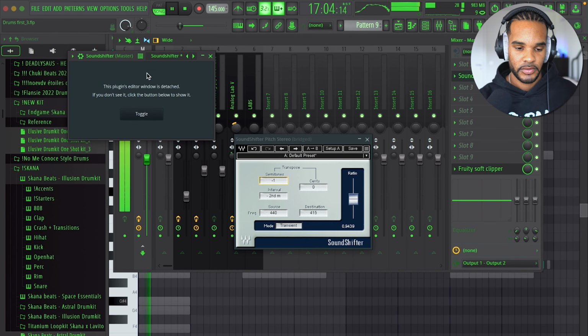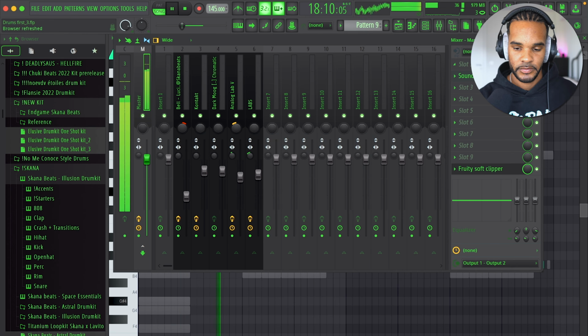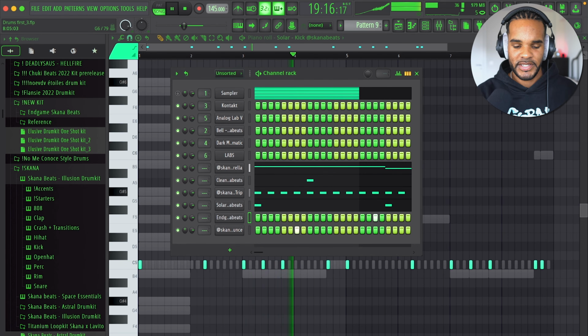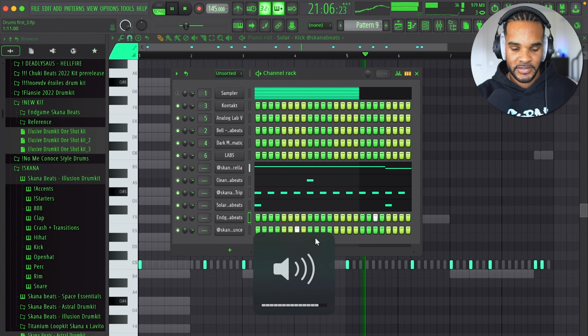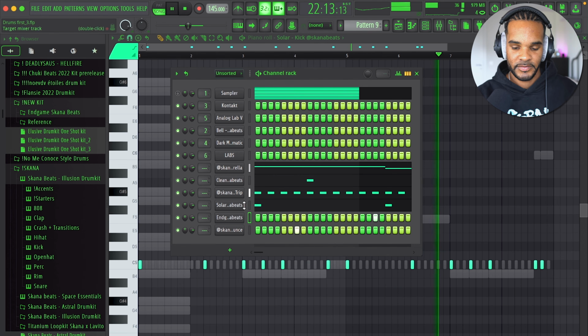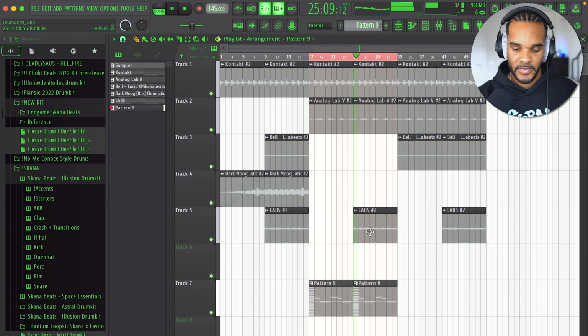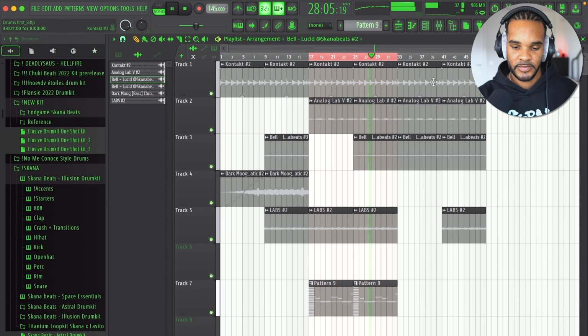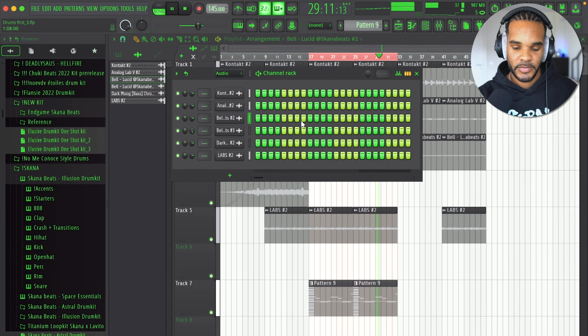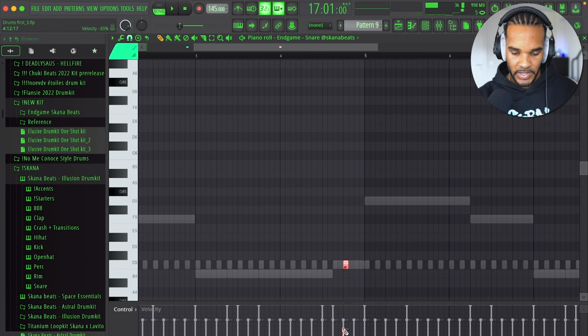What I'm going to do right now is I love to pitch my melodies, and I'm using Sound Shifter to do this. I recommend this plugin to everybody because it's just super easy to check out different keys for the whole beat. It totally creates like a different vibe. I like this. This needs to come in right away, and then counter melody was a little bit too empty. Right here with the snare, I want to go